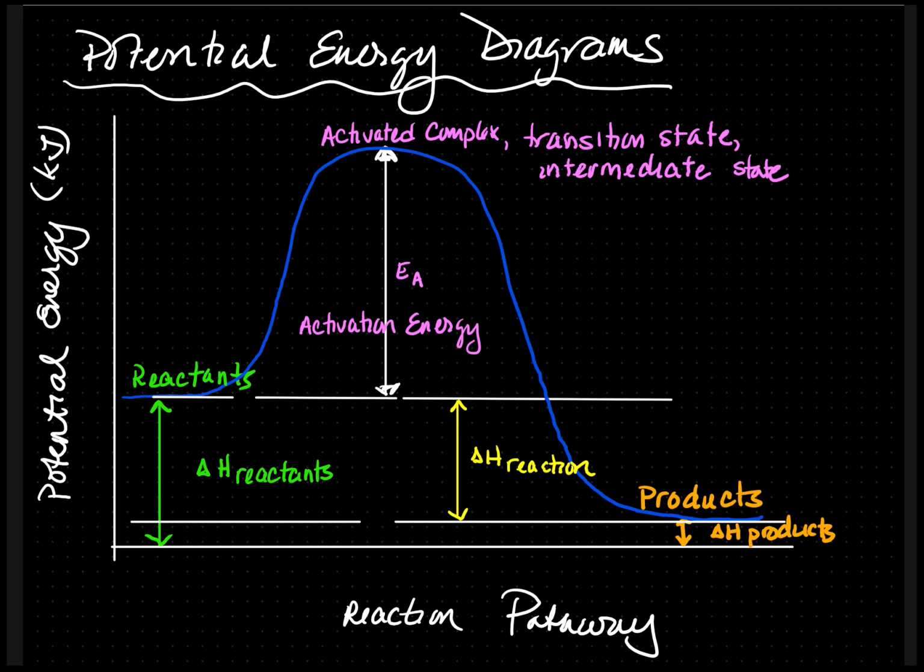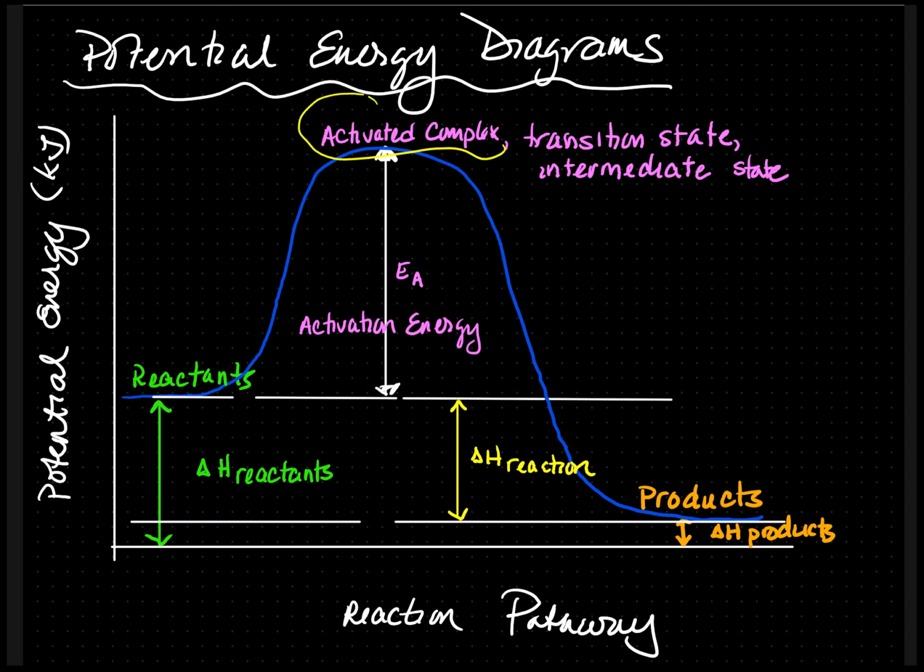In this picture, we have reactants on the left side. Therefore, this reaction is going from left to right. In order for the reactants to be converted into product, it must have enough energy to overcome the activation energy. Once it reaches the peak of the activation energy, right here, you will have the activated complex, transition state, or